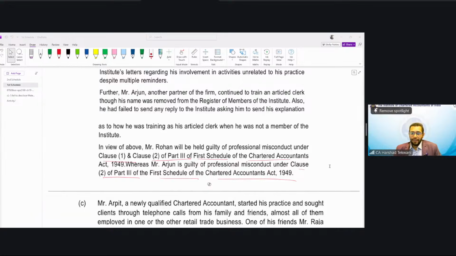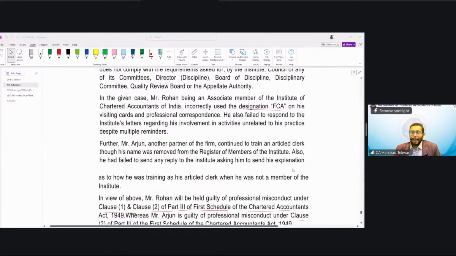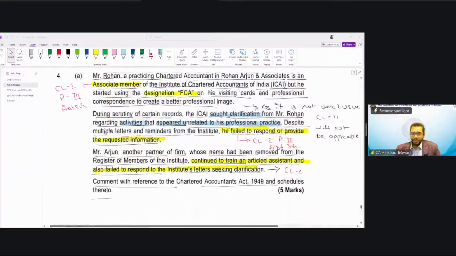Basically, see, even if he's not a member, his name has been removed. But that doesn't mean, in this particular scenario, his name has been removed. You are saying, okay, Mr. Arjun's name has been removed from the register of members. But again, he was supposed to reply,